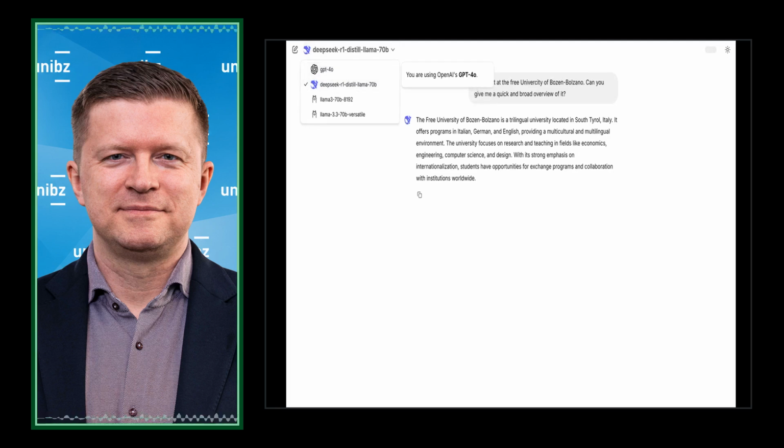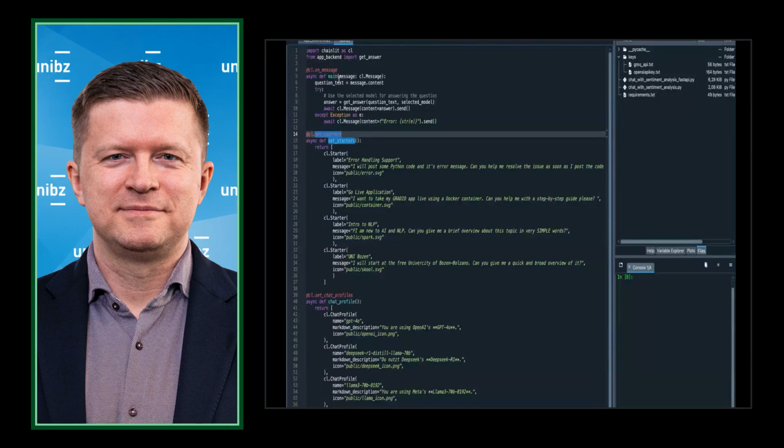The interesting part of the DeepSeek model is that it also prints out its thought process if you have additional questions, which is pretty interesting.